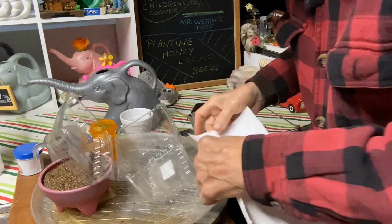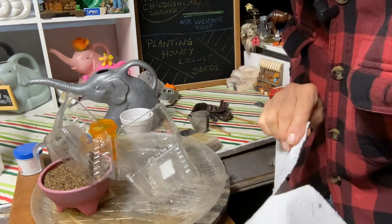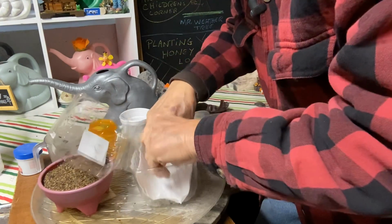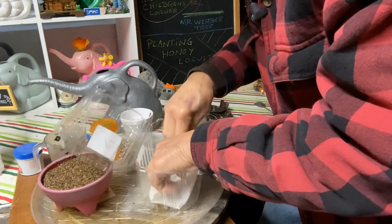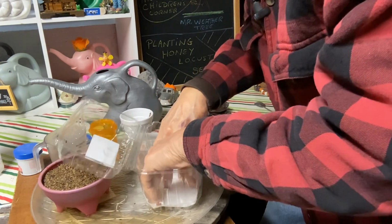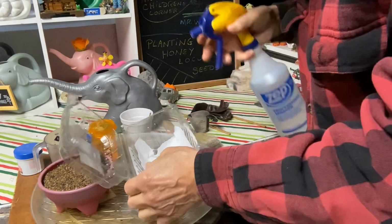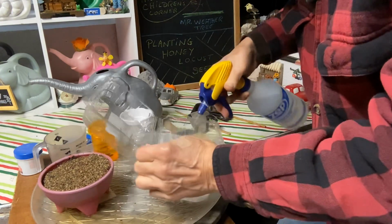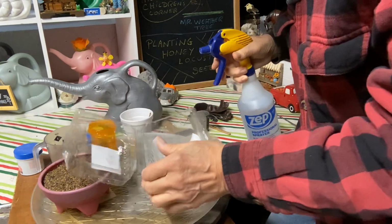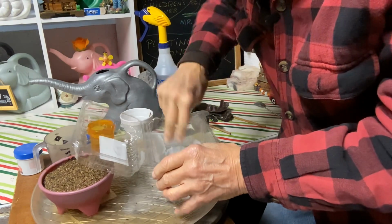And then we're going to take our paper towel, and we're just going to put it in the bottom here. Just something like that. And then we're going to take Mr. Spray Bottle and wet it down. Now what Jaja is doing also is because the slots, I don't know if you can